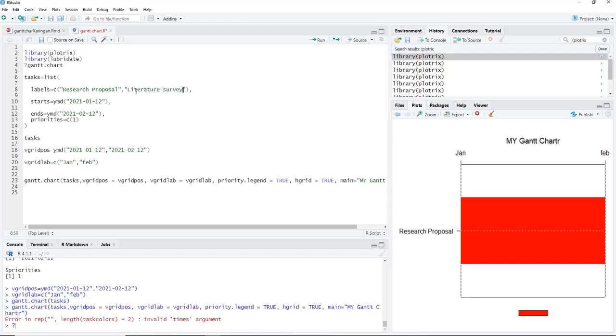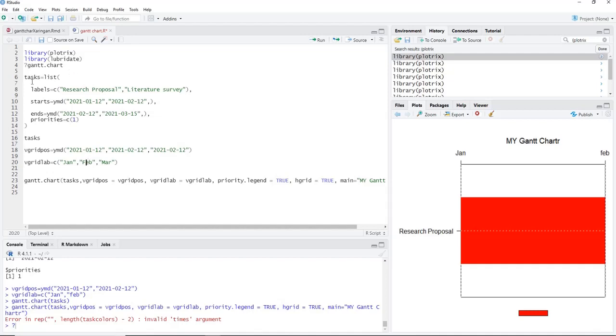Second task we will add, literature survey. Second date we will add 2/12, 3/15 March 15, and here I will put this one also, and we'll have the label March also.